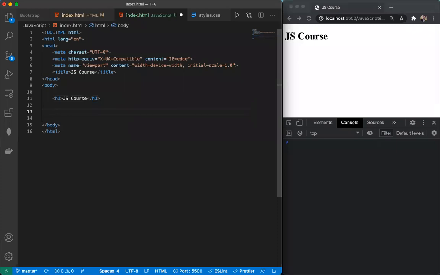Now, first of all, you should understand that if you're working on JavaScript, there are multiple ways of rendering JavaScript. Okay, the very first thing,